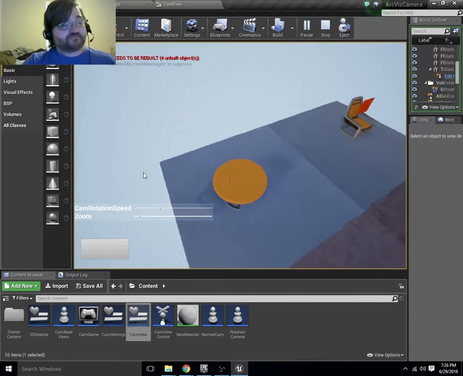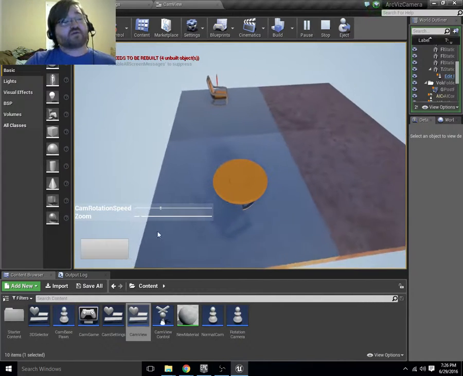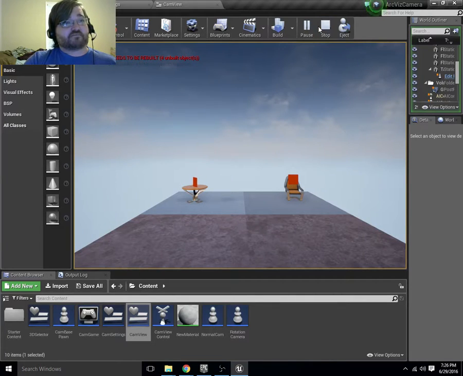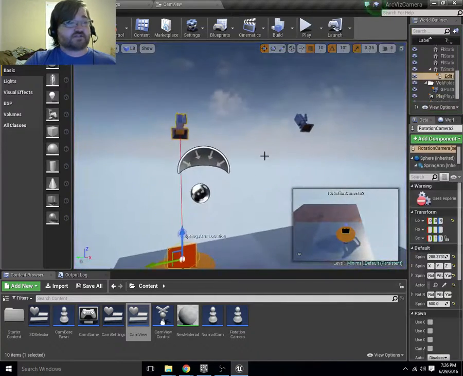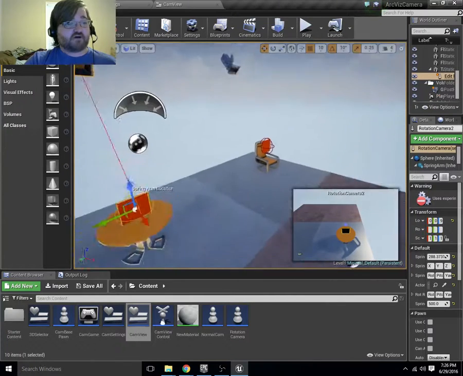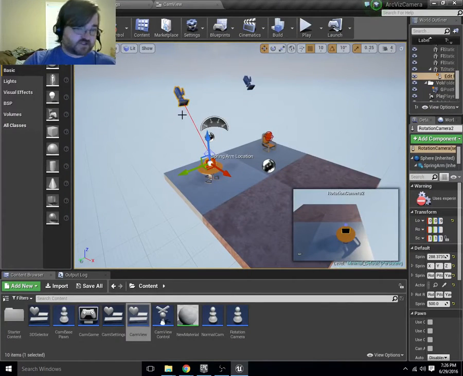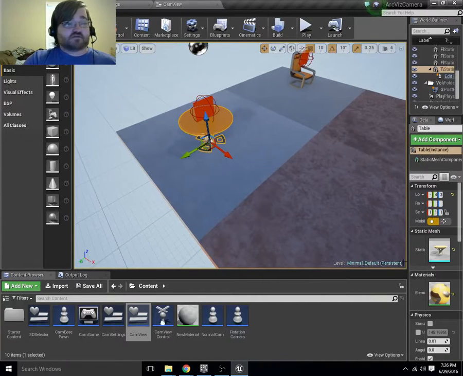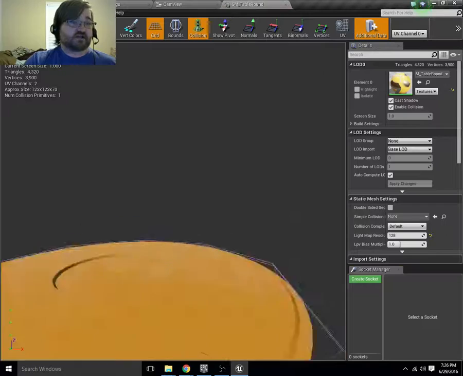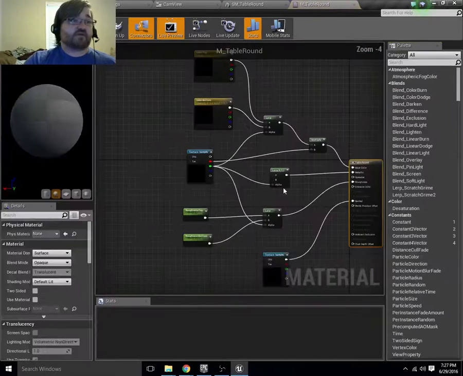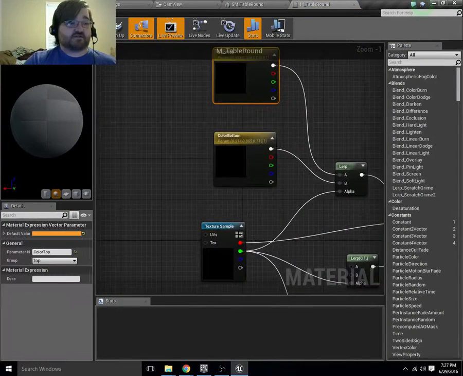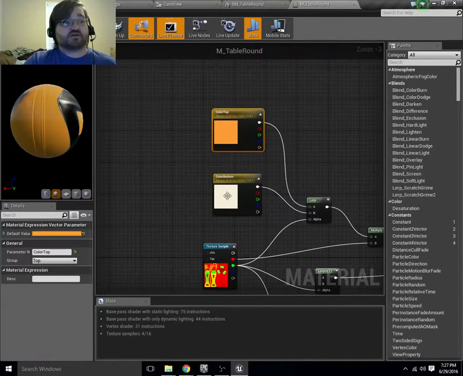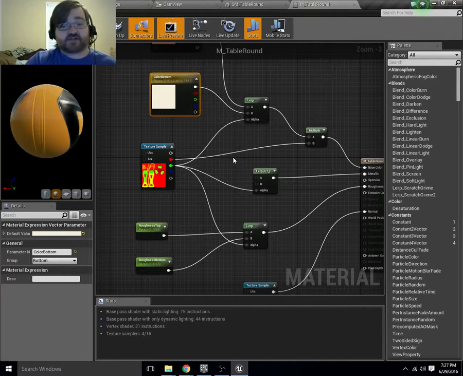So the end goal is to get it to where when we select the actor in question, we can determine in editor. So we actually place these cameras wherever we want them, and then once you click that box, it selects it. And my end goal is to get it to where I can actually get a reference to the tables, so in this case the table's material, right? These are already set up as parameters, and I want to set it up to where I can actually change the parameters to be different textures or materials